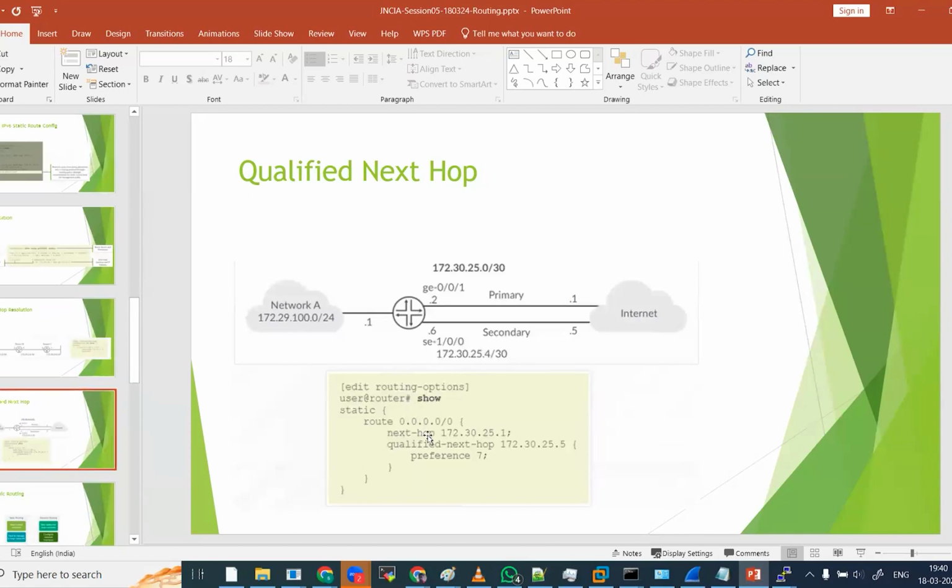Qualified next hop, if you want to have a floating static route. In CCNA, we have the floating static route concept, and here we have the qualified next hop concept. Any idea, guys, what is a floating static route? Have you implemented it in the past? Okay, a similar concept is there with